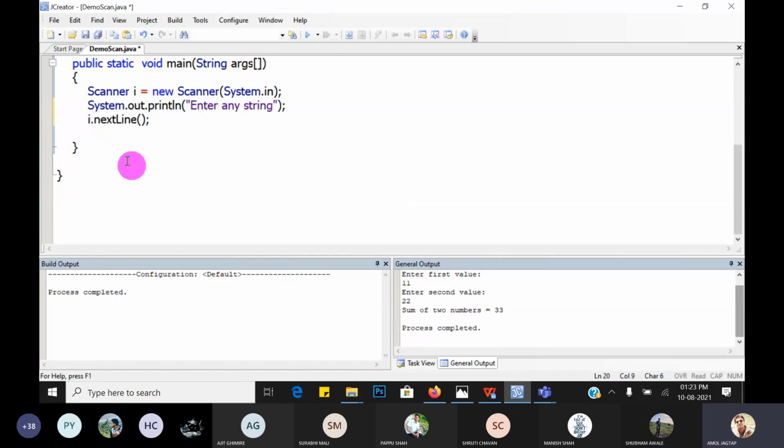It returns a string, so you have to store it in a string variable, suppose s.